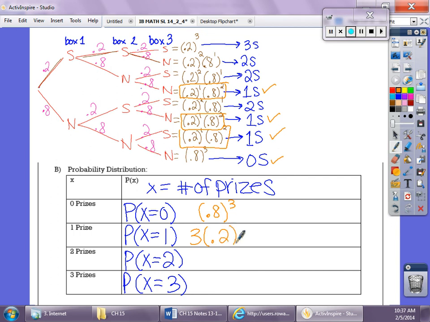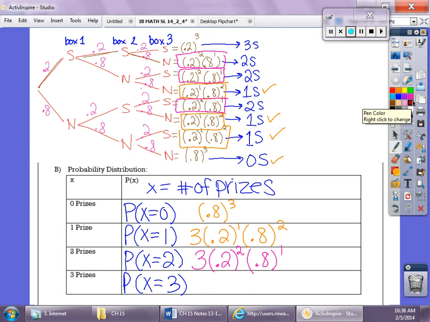0.2 with 1 prize, but then the 0.8, I think there were 2. And then the next one is if I had 2 prizes, and it looks like that's this one here, and this one here. So 2 prizes. There were 3 of those. So 0.2 happened twice, but the 0.8 only happened once. And then all 3 prizes, that looks like it would be the one that's left over, which would be this guy right here. So I think we got them all. And that would be 0.2